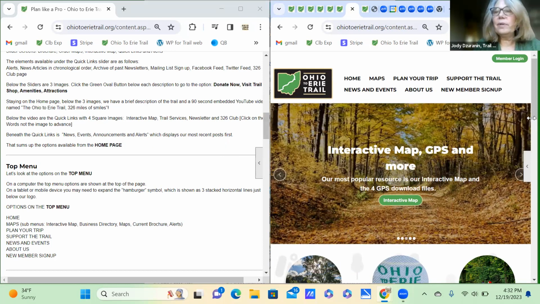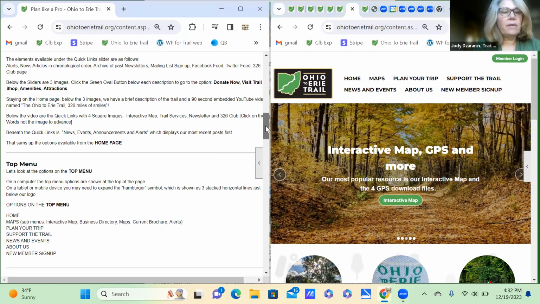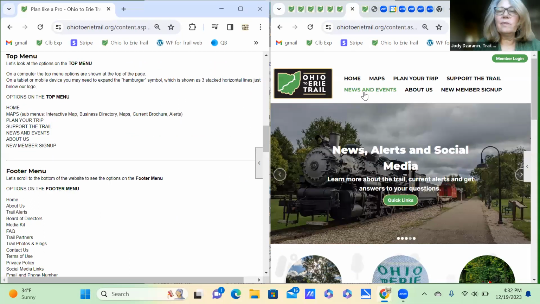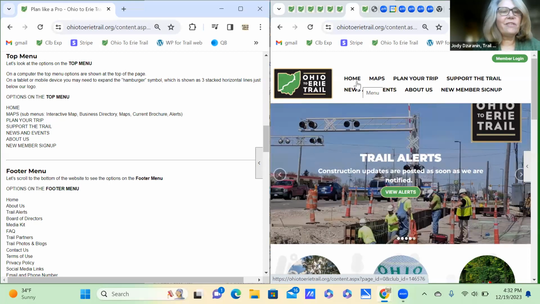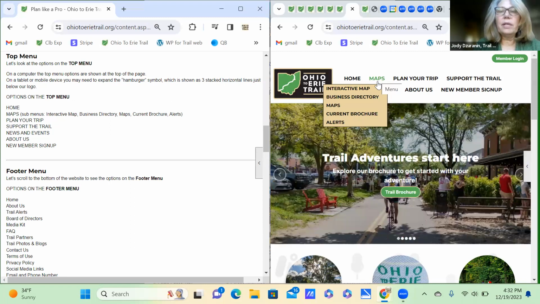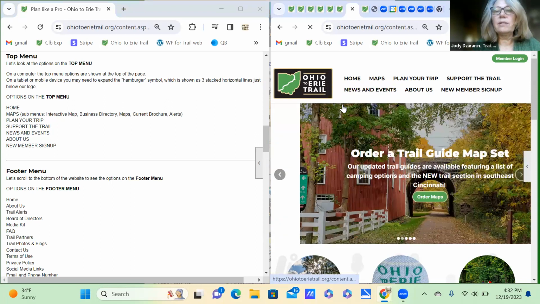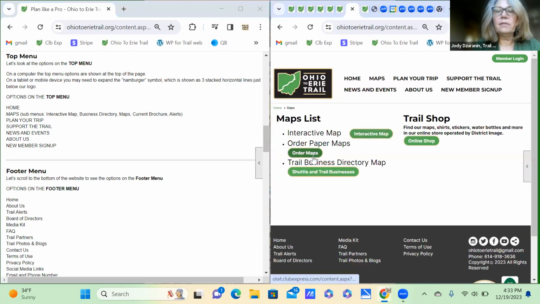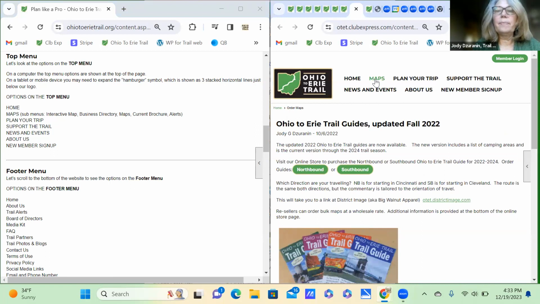All right, so that pretty much sums up everything on the home page. Now, the top menu, I'm just going to go over these without clicking on all of them, but we have the home, maps, and then see how the pull-down menu, interactive map, business directory, maps, which is how to order maps, I believe. Northbound or southbound, our current brochure,